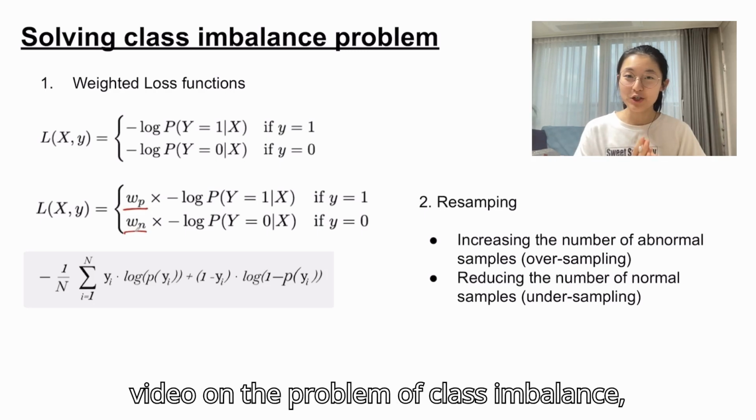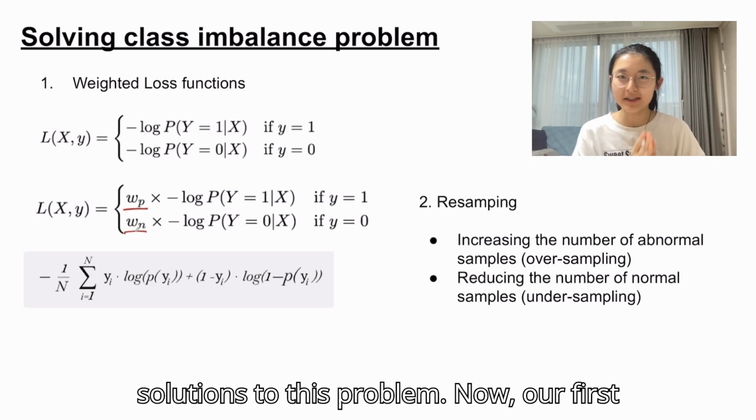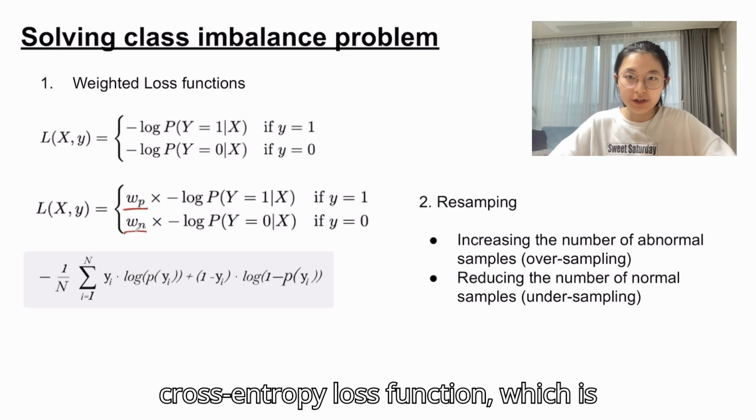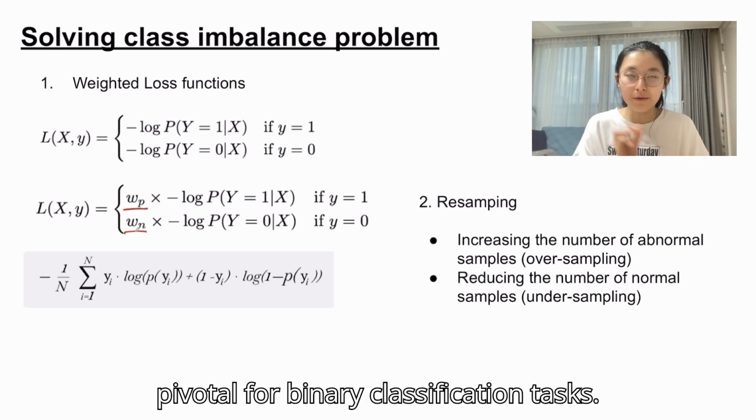Hi, this is a continuation of the previous video on the problem of class imbalance, and today we'll be looking at the solutions to this problem. Now, our first strategy involves modifying the loss function, specifically the binary cross-entropy loss function, which is pivotal for binary